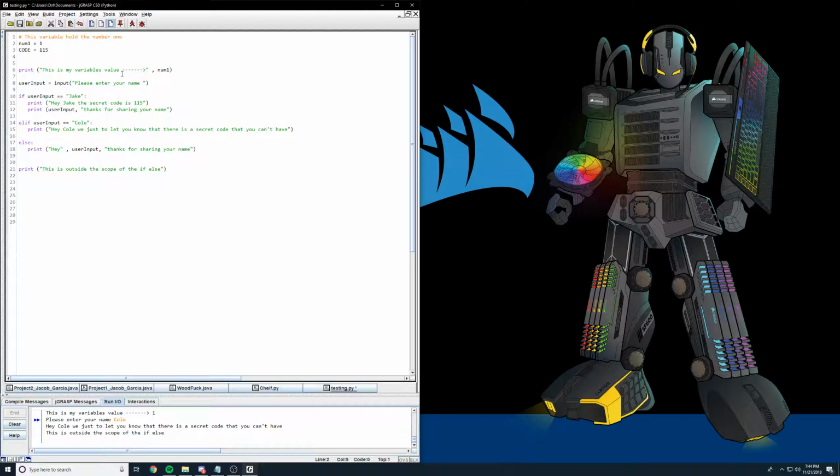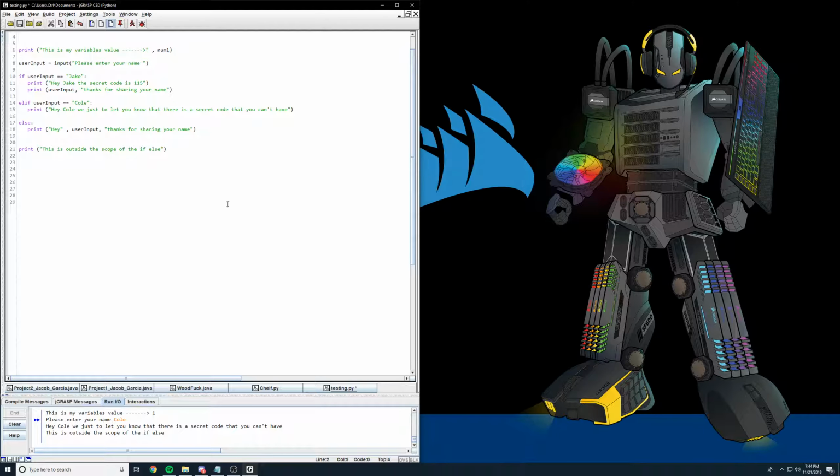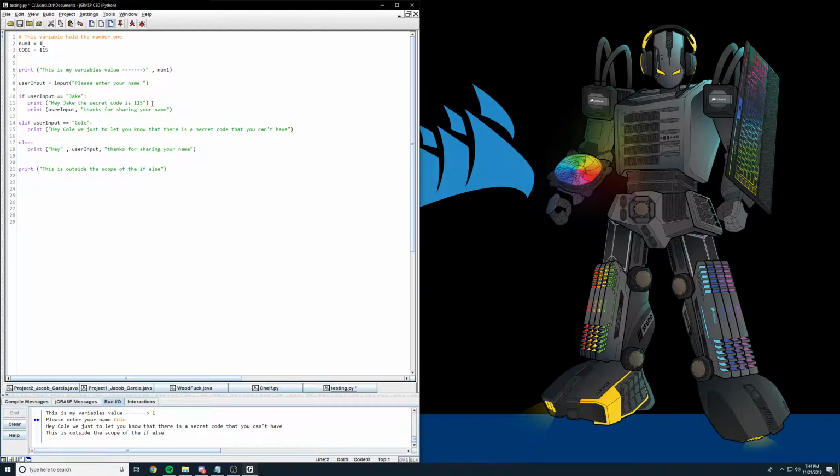So say for instance we referenced the secret code multiple times. Say we had 5,000 lines and we referenced it like 350 times in our program. You would have to go through every single bit of your program and change every single time you reference that code, or that variable, or constant in this case. So what you want to do is set it as a constant, and instead of hard coding it, you want to reference it. That way, if the secret code ever changes, say we didn't want 115, say we wanted 116, right,